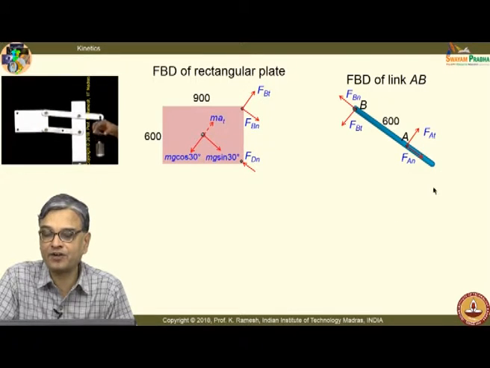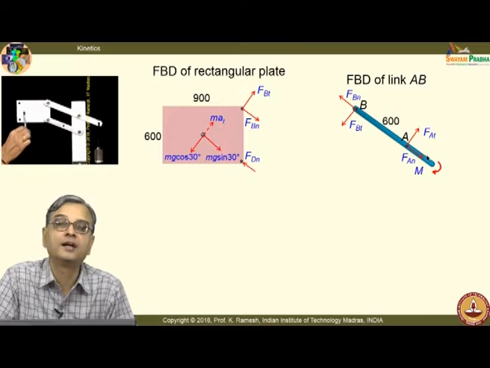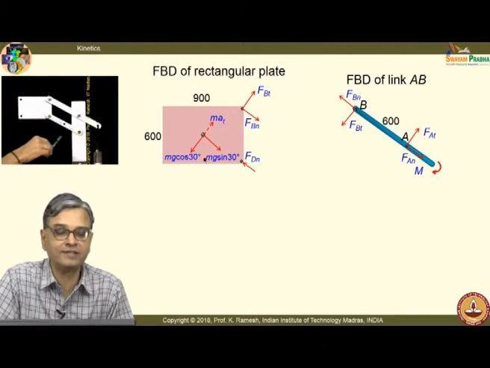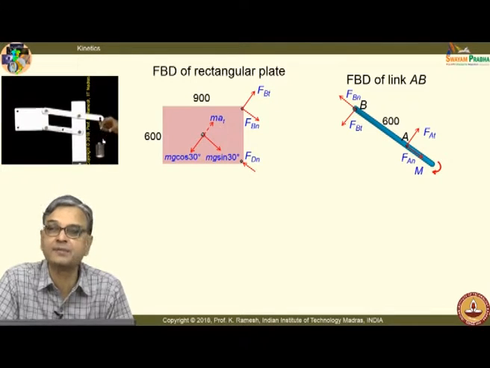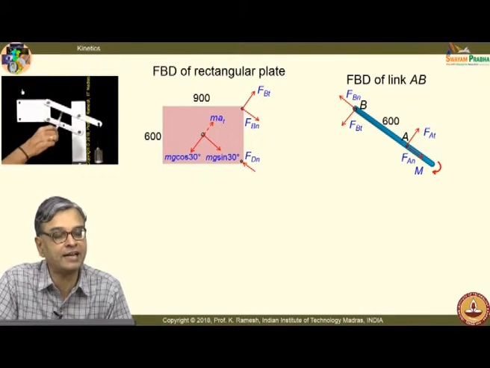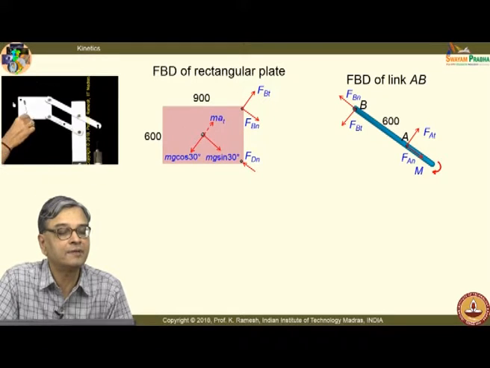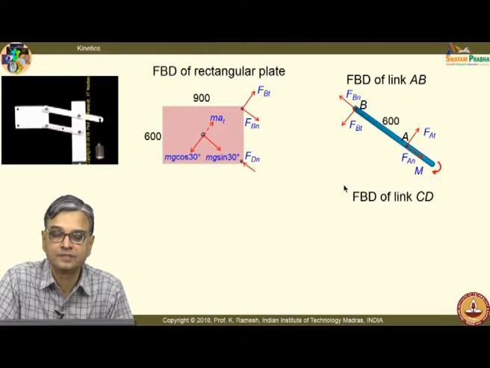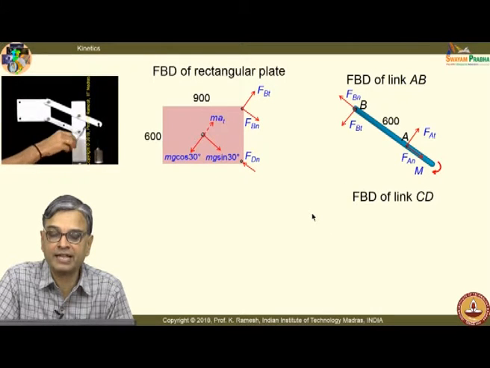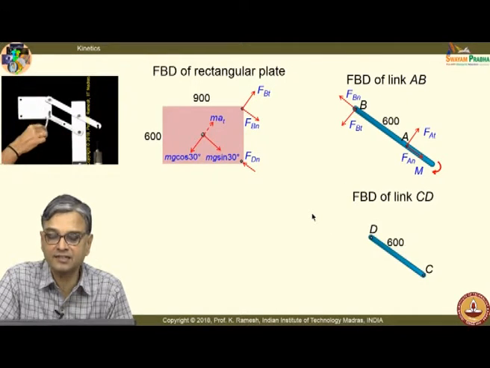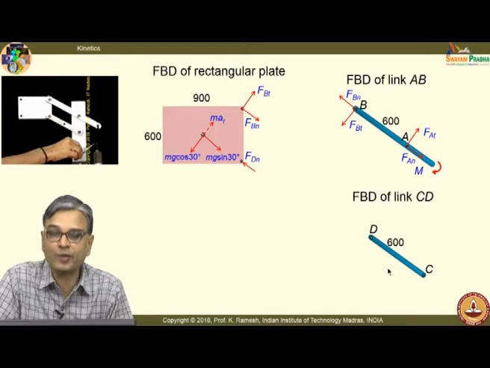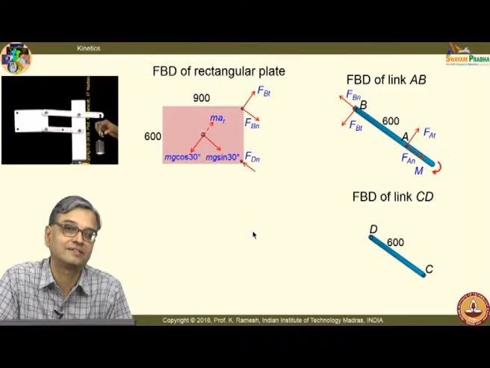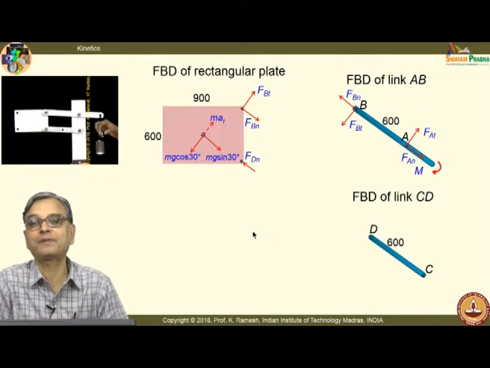And here at the end of it, I also apply a couple for me to lift. The only difference between the two is I have a force, but this is the animation I have. This is good enough to understand what way the plate will have a motion. Okay. So, the FBD of link CD is like this, and you must be able to quickly use your earlier knowledge. Do you see what I am arriving at?